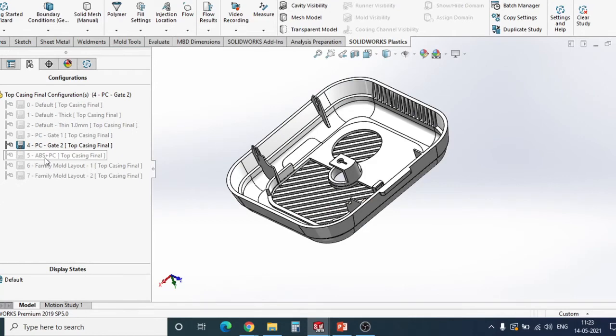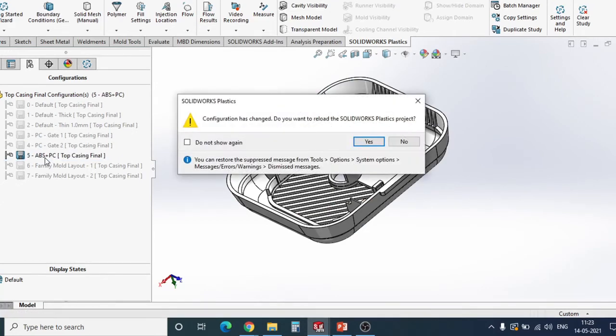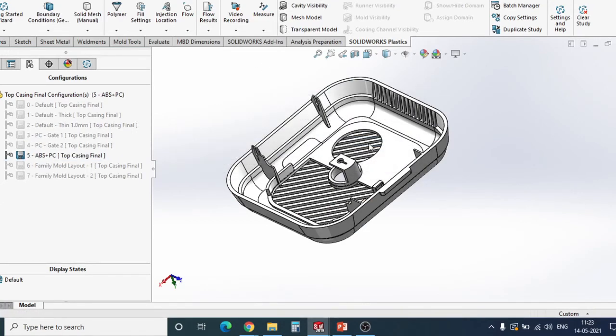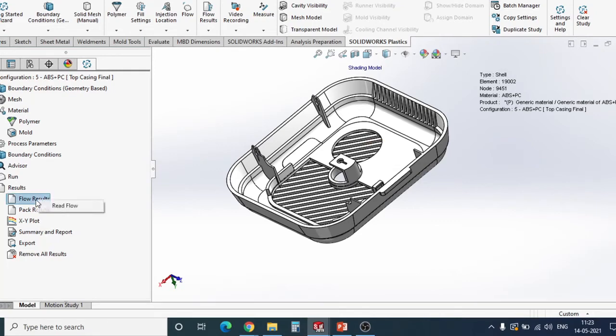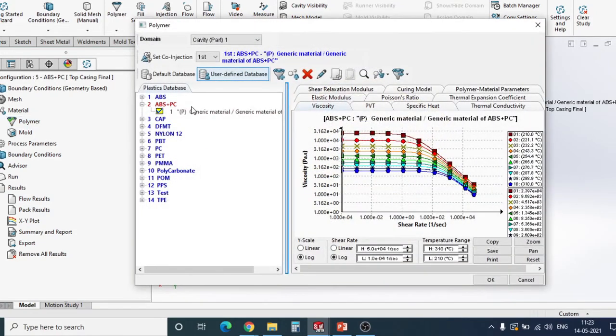Now what if I change the material? So PC, I will change it to ABS plus PC, a combination of plastics. Whenever you are designing a new product, there are various ways to check how my product would behave when it is finally manufactured. So there are various permutation combinations that you can do.